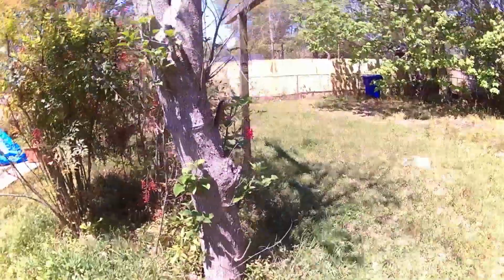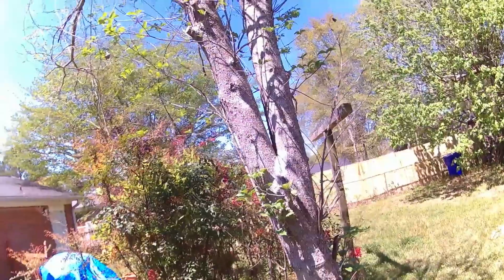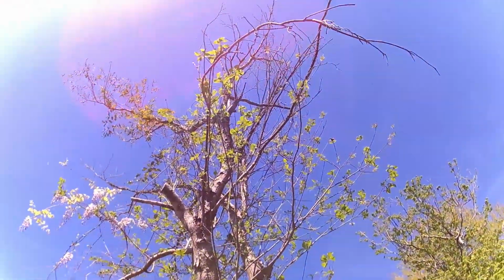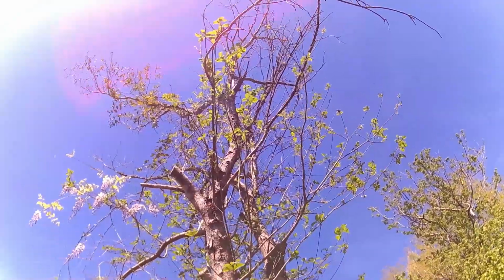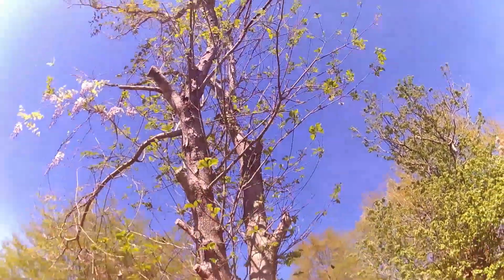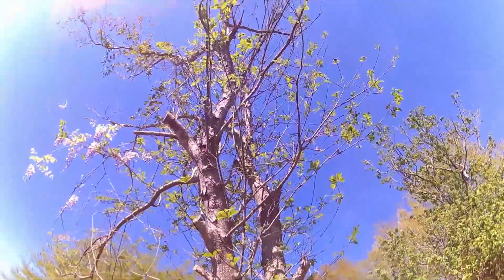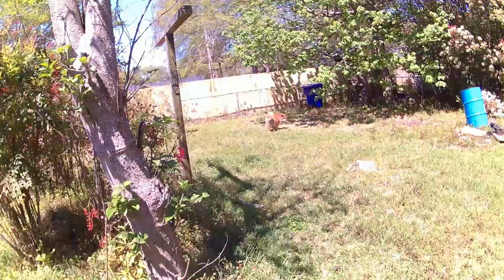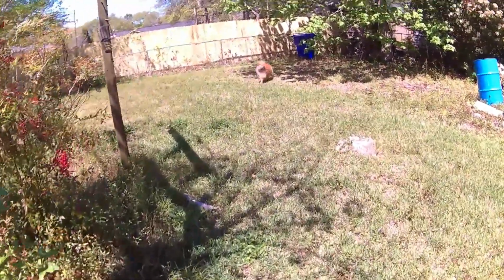weird shape, comes up, goes over, and then splits. So I think what I'm gonna do is get the pole saw out, trim off some of them dead things on top, and then once I get it down to about there, then I'll take the chainsaw out here and drop it. As you can see, it's